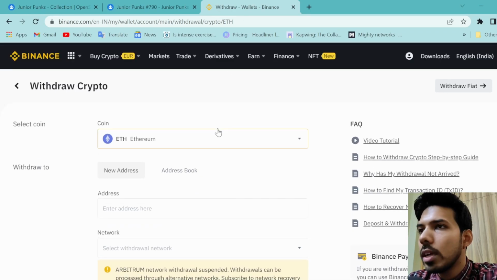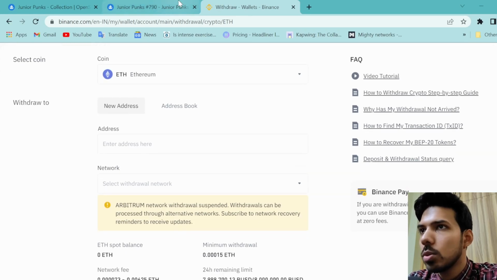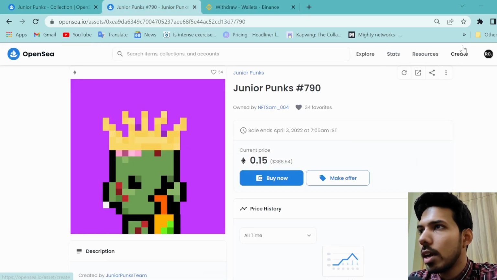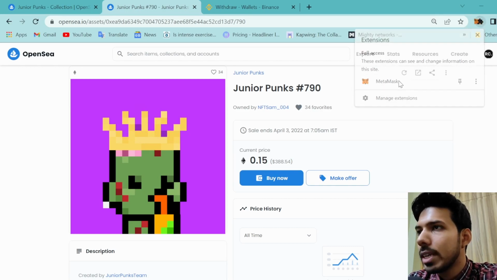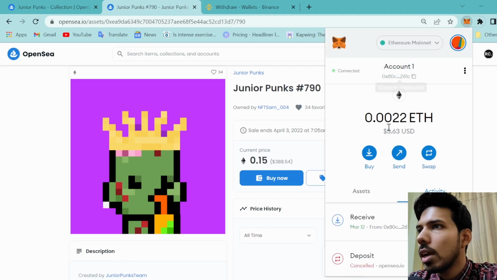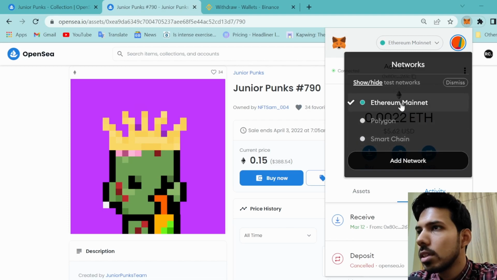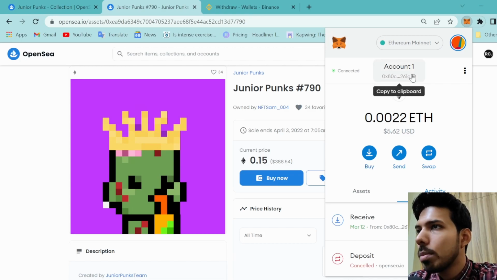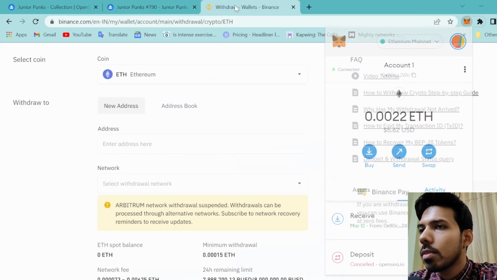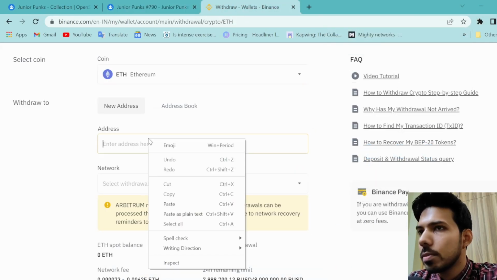And I need my address, right? So you need your MetaMask. I hope you have already configured your MetaMask. It's a very popular extension. You go on MetaMask, and then you make sure that this is on Ethereum network, because this token is on the Ethereum chain. So here I'll just copy my address and I'll paste that address over here